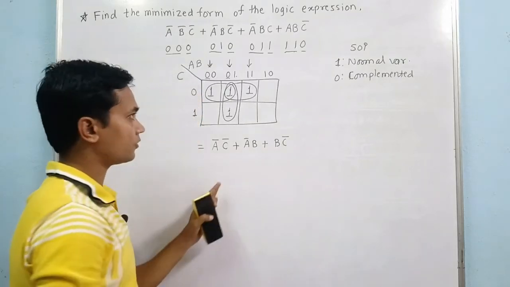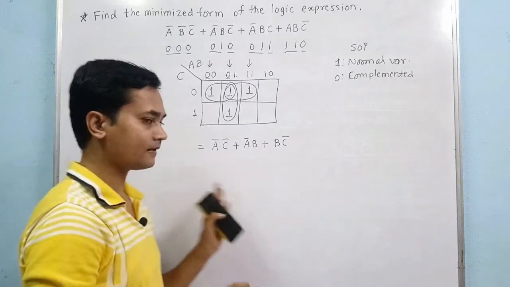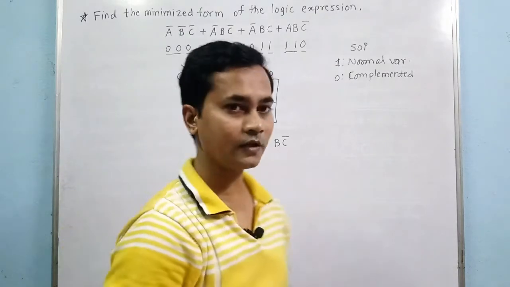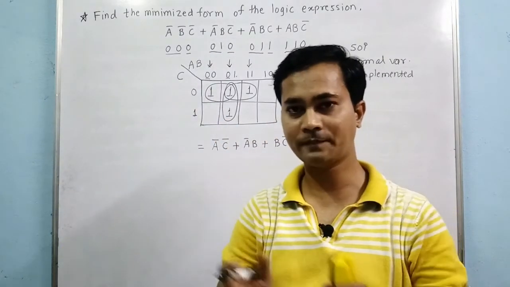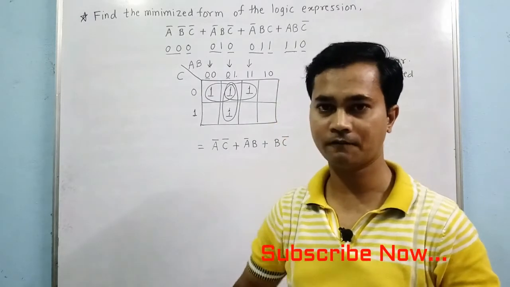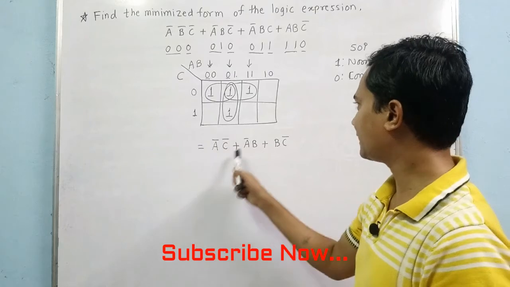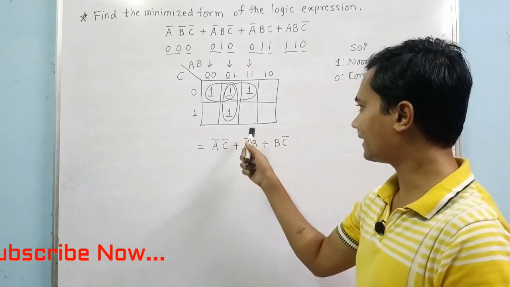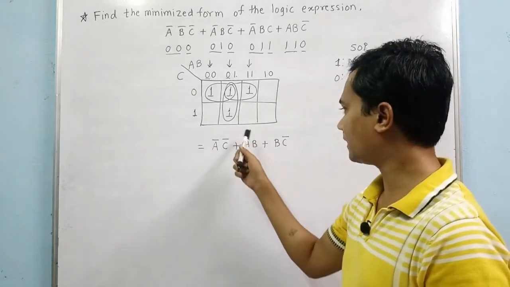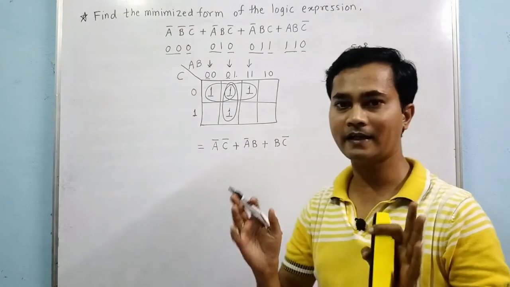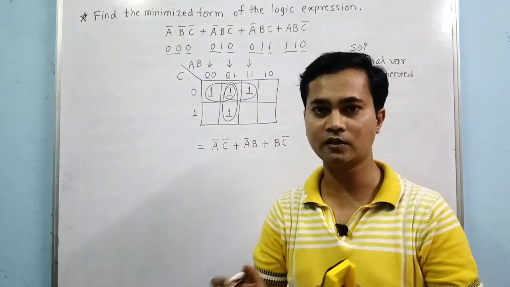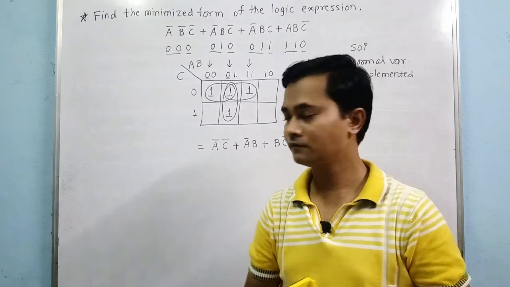So this is a simple example of how you can reduce the SOP expression to this kind of expression. The K-map helps you to reduce the terms without remembering any Boolean expressions or Boolean algebra rules. Okay, so thank you.